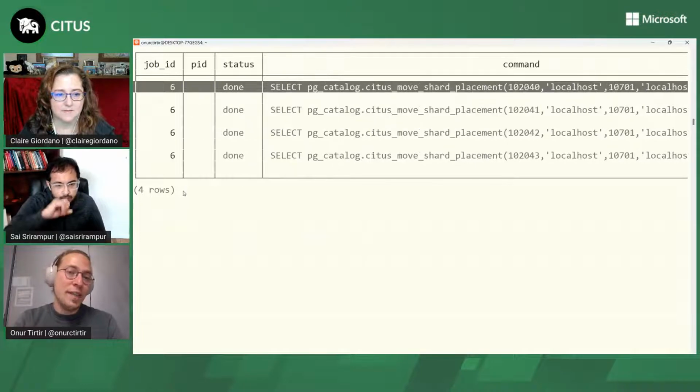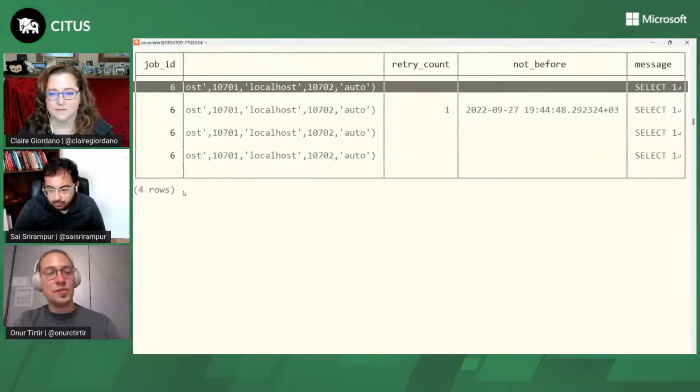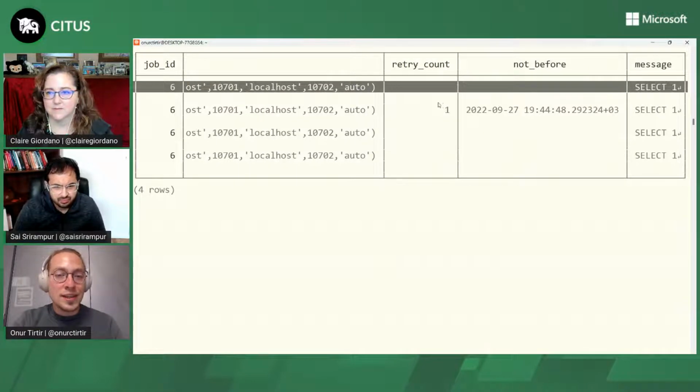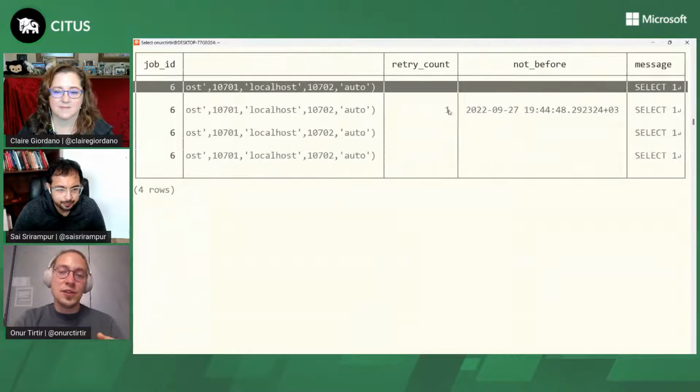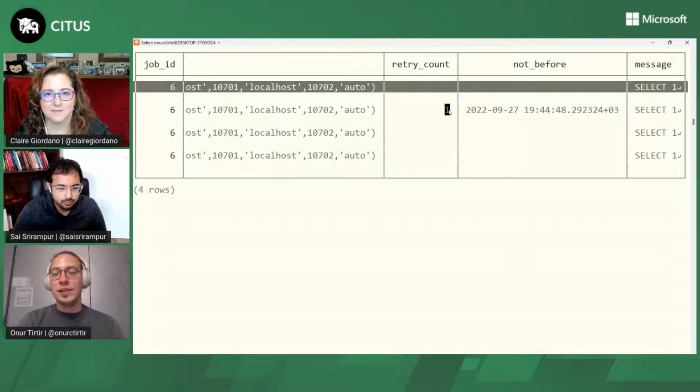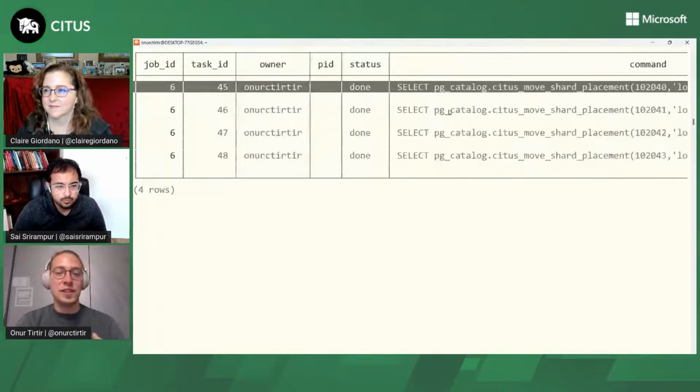If we look into the other columns of that catalog table, we can see that retry count is equal to 1 for that second shard move operation. Meaning, and this is just because I restarted the worker node for no reason, and luckily this also means that Citus was able to recover from that failure by retrying, and at the second trial it was just done,